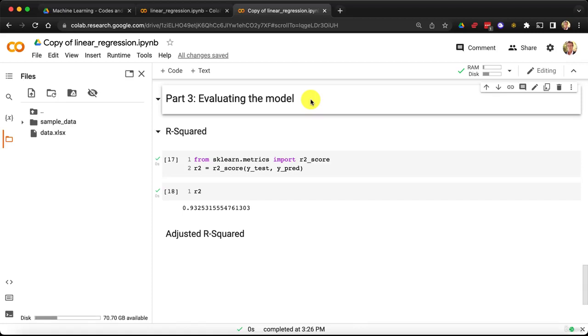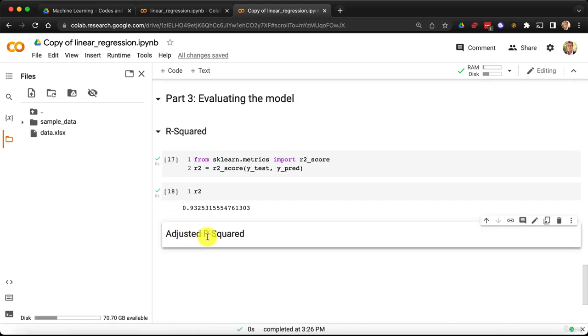Hello my friends and welcome to this new practical tutorial, and actually the last practical tutorial of this module on linear regression. So we've done everything, we've built the model, we've trained it, we've got the R-squared to evaluate our model performance, but an even more relevant metric to use to evaluate our model is the adjusted R-squared, and that's exactly what we're going to do here in this last tutorial to really get a good sense of how good